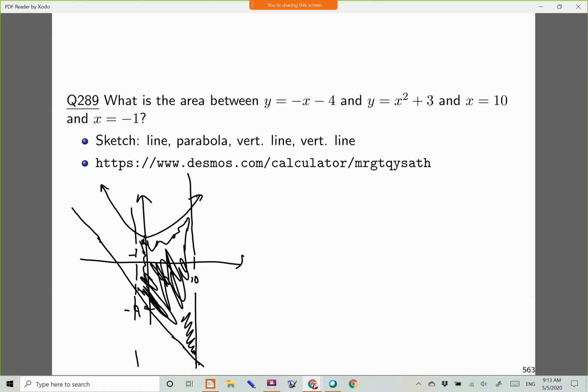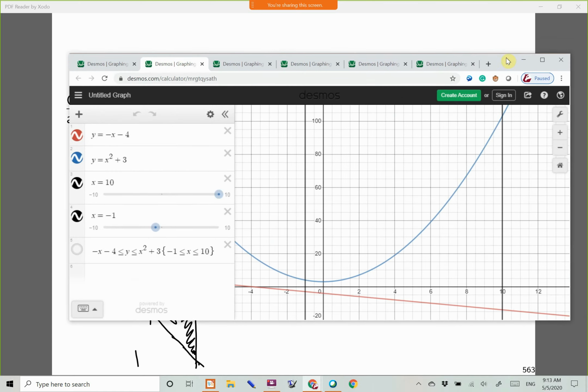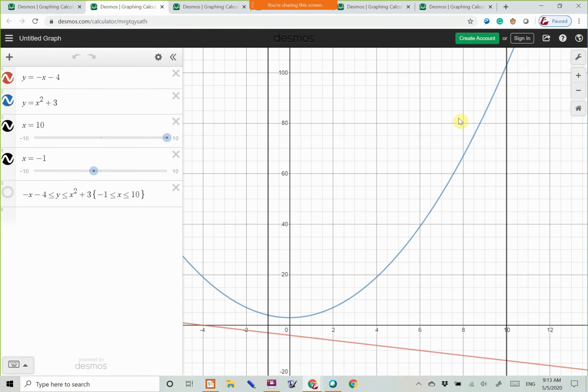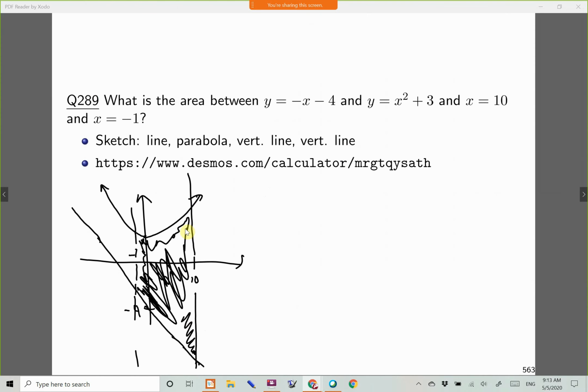Here's a much better picture using the computer. Again, what you're seeing is the scaling is off. So the x-axis goes from -4 to 12 roughly, while the y-axis goes from -20 to 100, just to be able to fit the picture. But you'll see that just like in the picture we drew, the parabola is above, the line is below. The region that's shaded here in purple, parabola is above, is the key thing. Right? That's the whole purpose of drawing the picture. If the parabola is above,